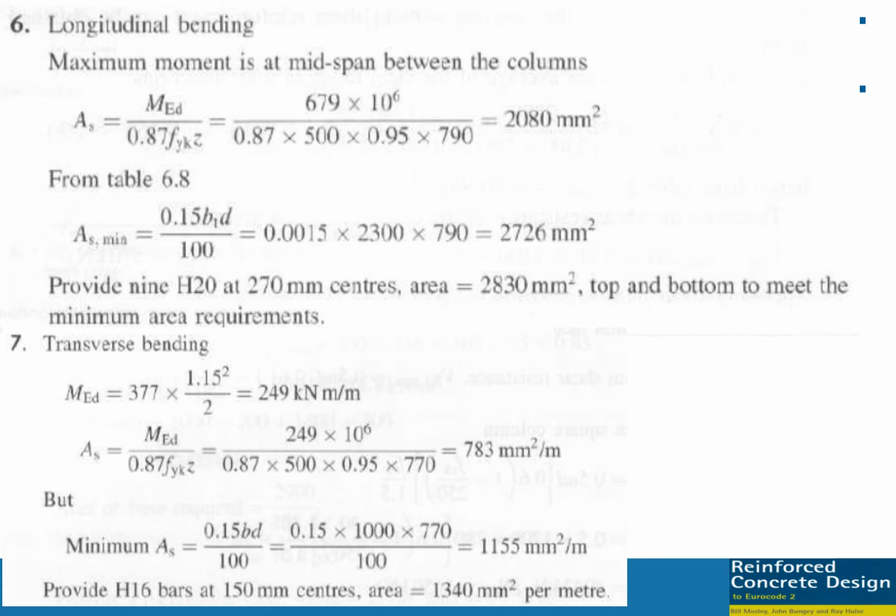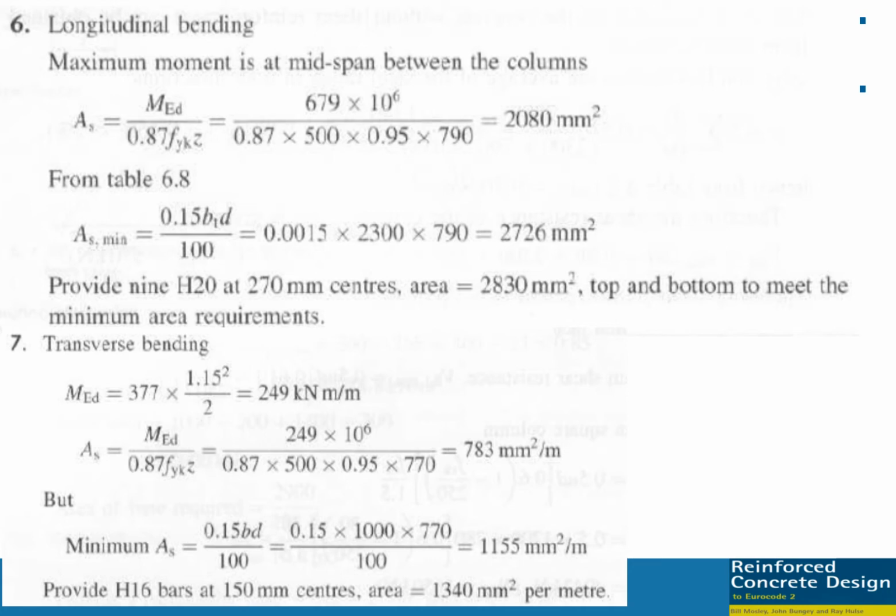And then check for As minimum. For concrete grade 30, As minimum is 0.15%, so 0.15% multiplied by b d. b is the width of the footing, that is 2300, and d is the effective depth of the footing, this is 790 mm. So we have As minimum required for this footing of 2726 mm squared. But in order to support the moment only, we need to provide 20x0. So based on this value, we need to select 2726 as our As required.